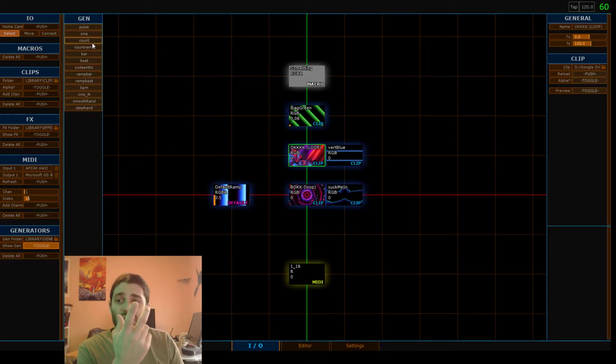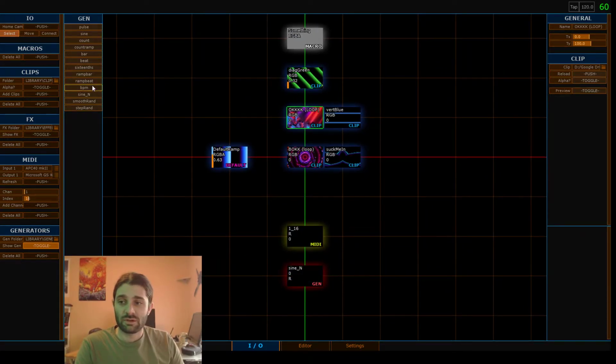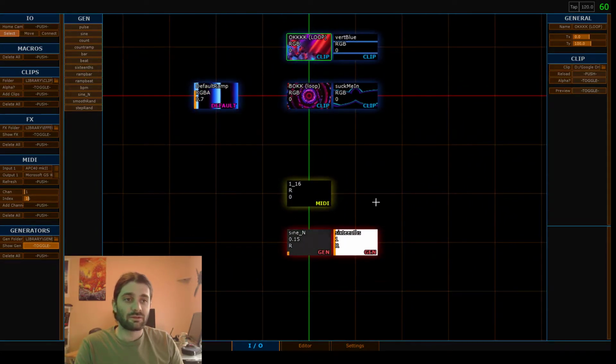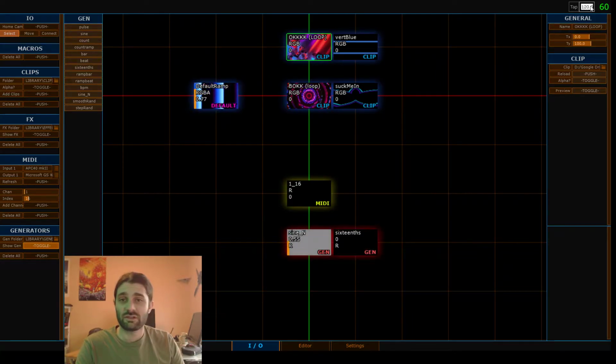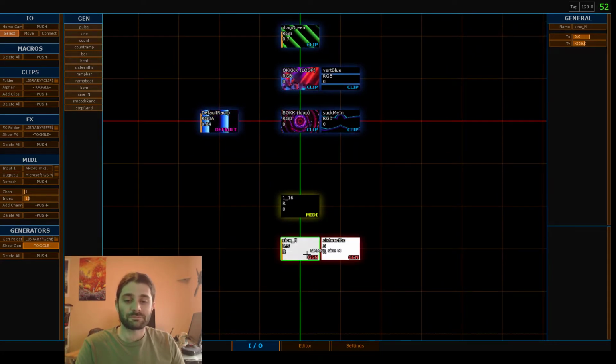We have pulse, sine, count. I had a lot of these out when the video started. So for now, let's just drop sine. Sine in is sine normalized. We also have 16ths. So this stuff is all controlled from your tempo, which right now is pretty rudimentary. You can just set a number up here. 120 is what it's defaulted to, and this pretty much lets you use these values anywhere else in the I/O